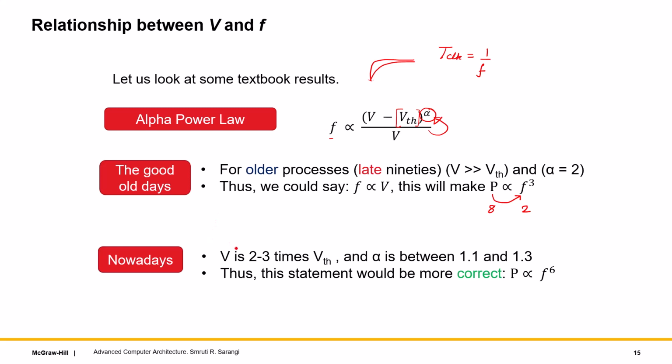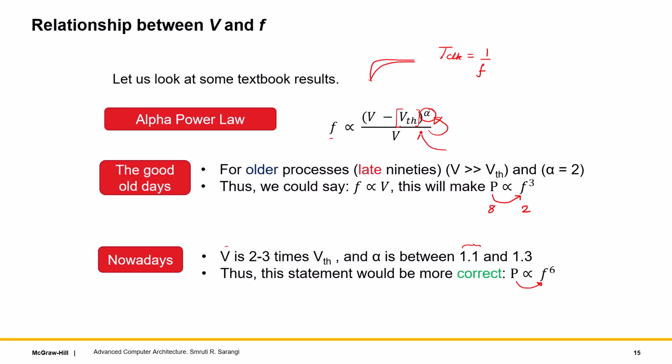Of course, the value of alpha has changed quite a bit over the years, and also the difference between V and V threshold has reduced substantially. It's not 10 times more; it's only 2 or 3 times VTH, and alpha itself has come down. It is now a number between 1.1 and 1.3. So this has completely skewed the relationship. Power is more like f to the power 6 or even more, and the reason is that